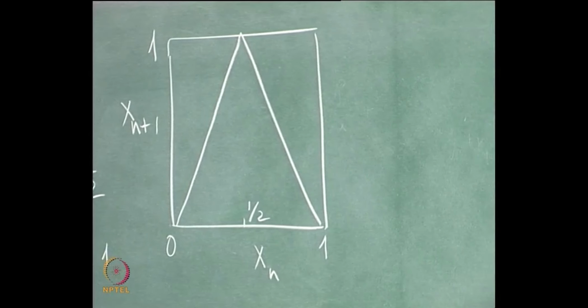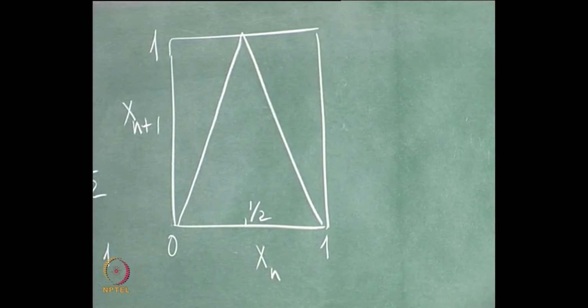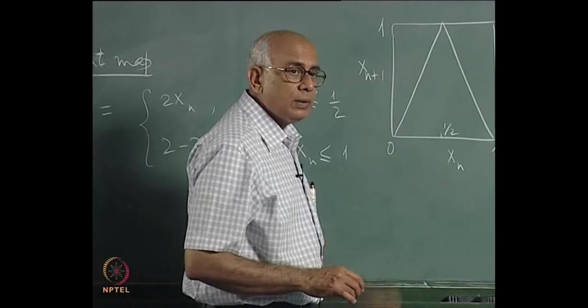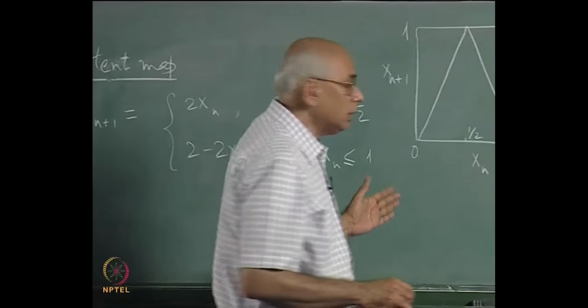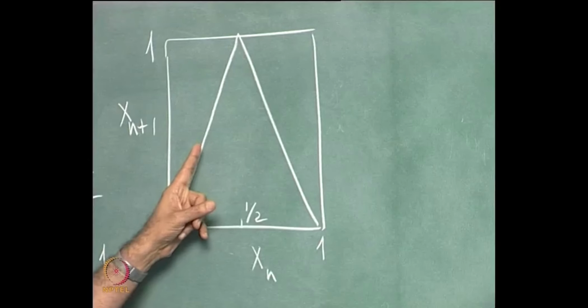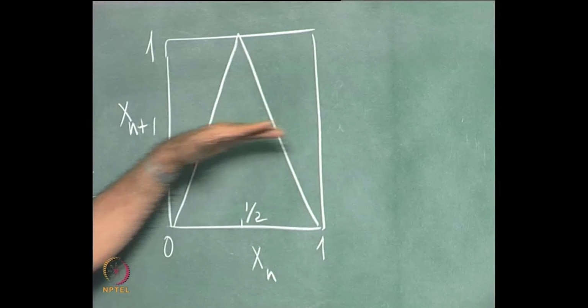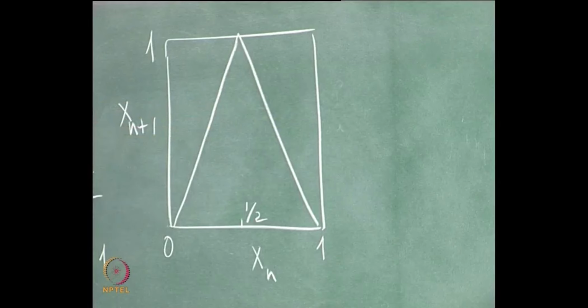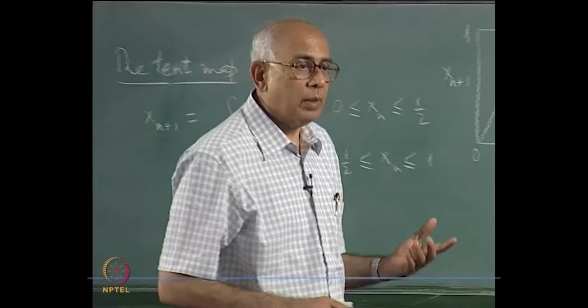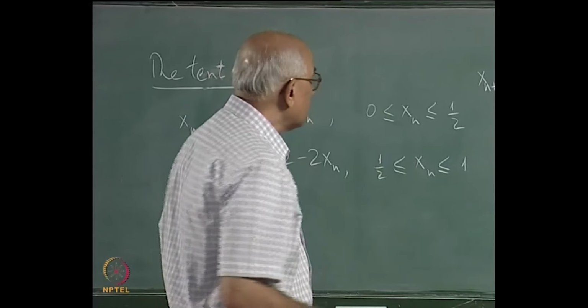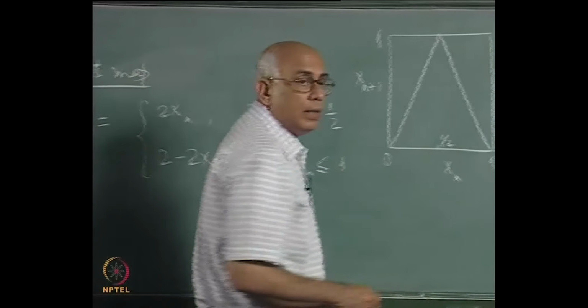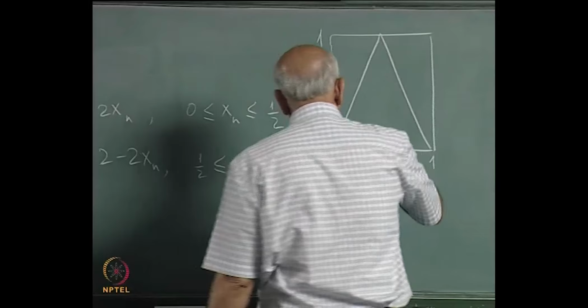Again it is an onto map of the interval, no point is left uncovered. It is not 1 to 1 because the map is not invertible. For every value of x_n there is a unique x_{n+1}, but the converse is not true. For every x_{n+1} there are two values of x_n, and therefore if you give me a final point x_n, there are 2^n possibilities for x_0 from which this final point could have arisen. So it is not invertible and it leads to chaos